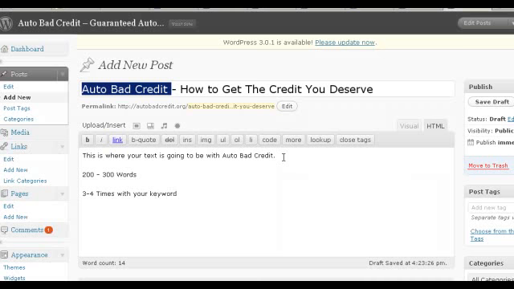Because if you go more than 3 to 4 times, Google is going to look at you as if you're spamming that keyword, and you're going to get penalized, and you're not going to get ranked on the first page of Google. So you want to make sure that it's no more than 3 to 4 times. One thing that you can spam